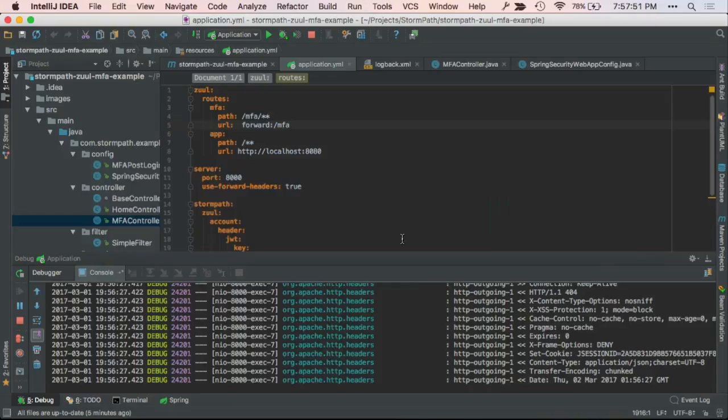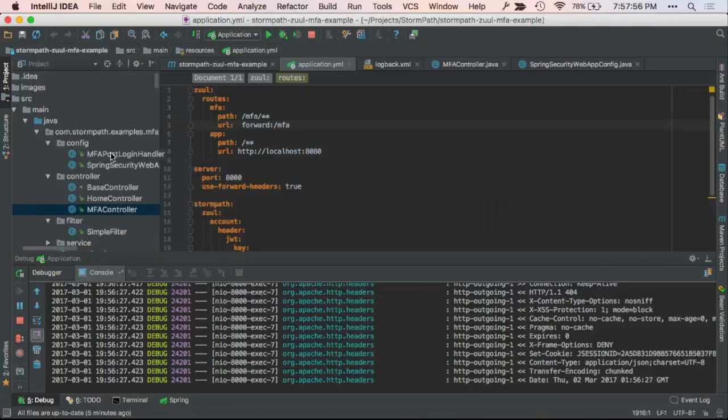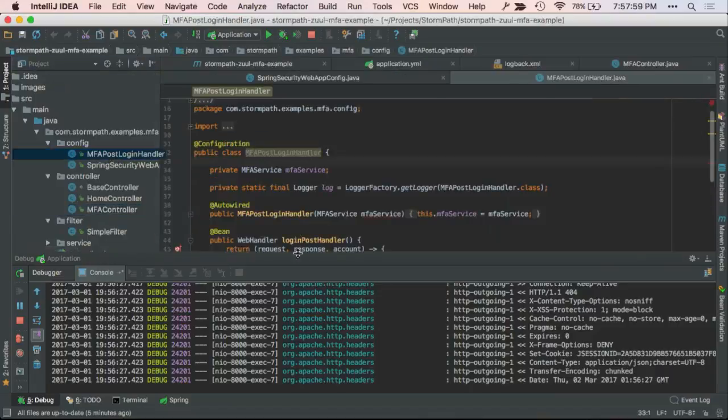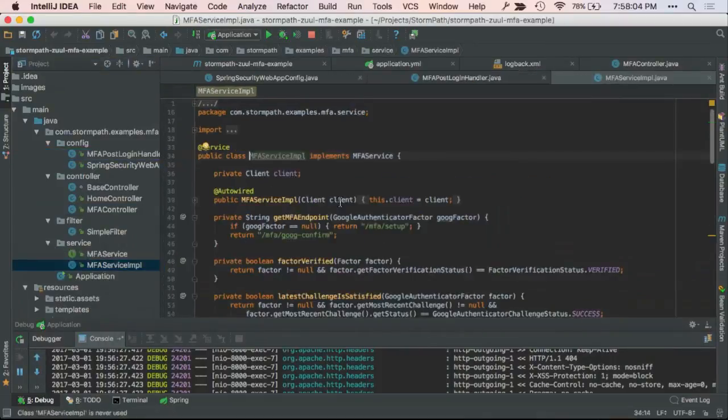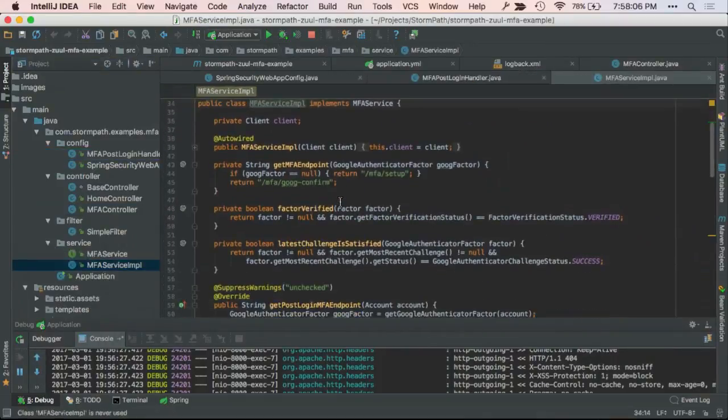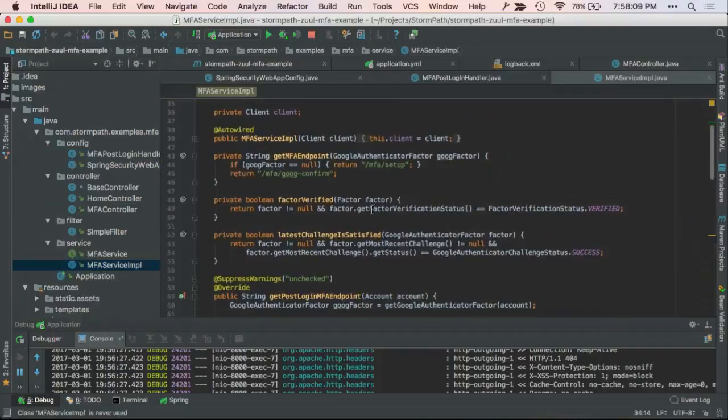So the last thing I'll show you really quick here is just a little bit of some of the code. Let me just jump into the service, because that's where some of the more relevant code is. Just as a for instance, the whole point of the Java SDK and the integrations is to make your life easier as a developer in working with these things. So if you were going to implement, say, Google Authenticator from scratch, that might be a serious undertaking.